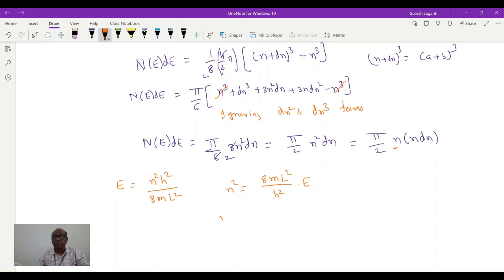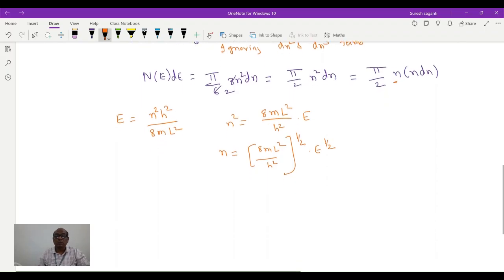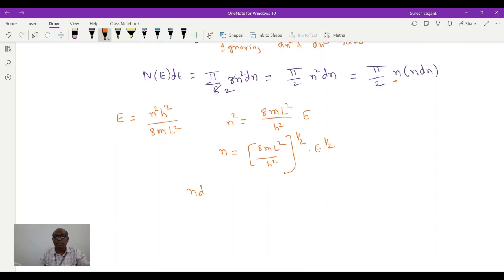So n is equal to 8 m l square by h square whole power 1 by 2 into E power 1 by 2. So similarly n dn is equal to how much? 4 m l square by h square dE. So substituting the value of n and n dn in this expression, what we are going to get is